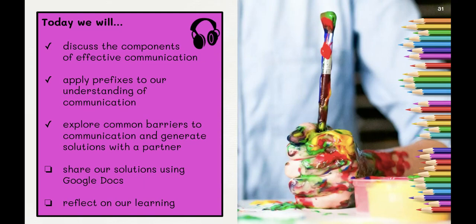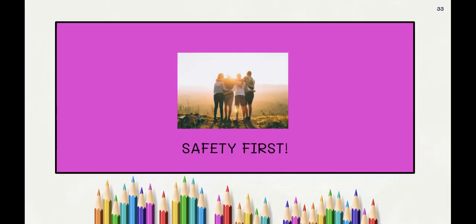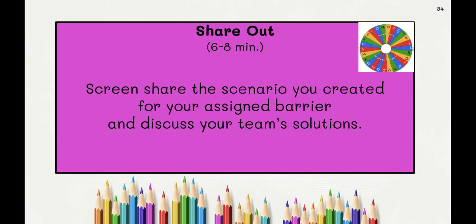After the break, it's important to revisit the agenda for the day and also update and congratulate students on how much they've already accomplished. Before students share, I want to reinforce what we talked about in the last lesson, the importance of emotional safety and giving supportive and positive feedback. At this point, I will have already done the work to gather at least 3 partners to share. But I can also use a randomizer such as the wheel of names and replace the names with different barriers or partnerships.